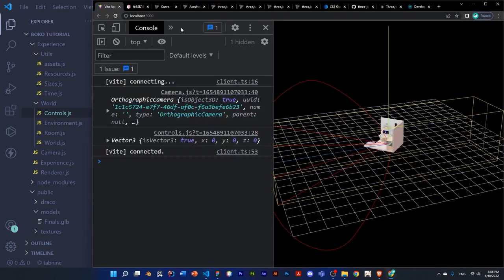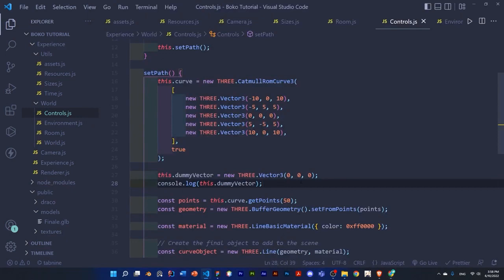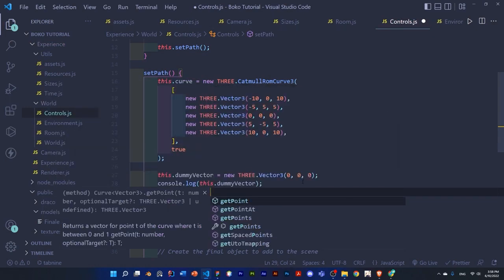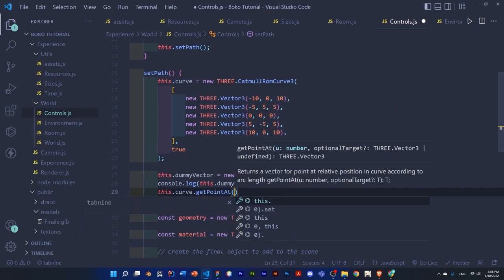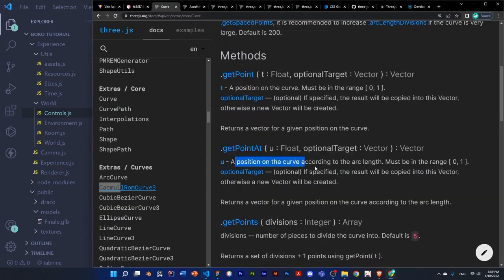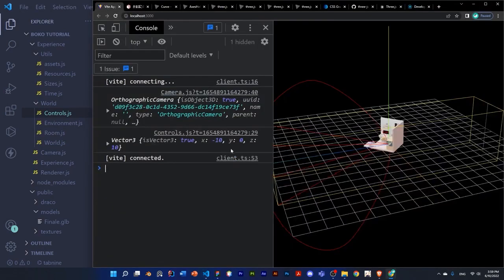Now let's use getPointAt on our curve. So this.curve.getPointAt, and let's enter 0, and it says the position on that curve will be copied into this optional target vector. So let's use our dummy vector as that, and then let's move this down here and console.log, and we should get this back. So let's go back to our screen, and you can see